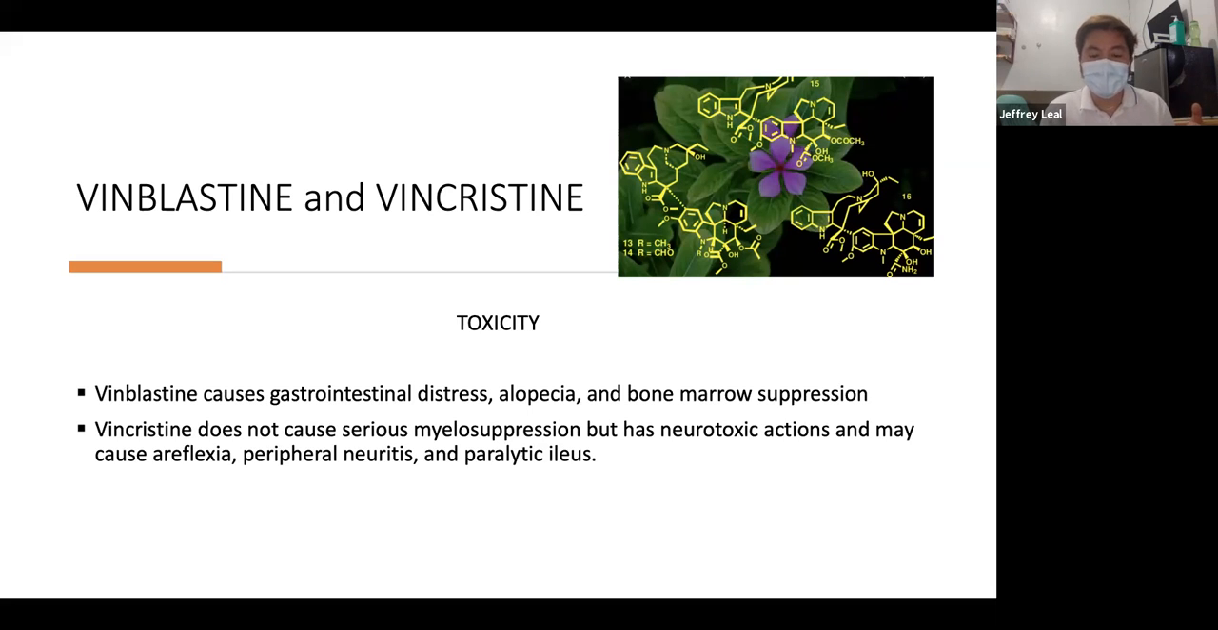While vincristine does not cause serious myelosuppression, it has neurotoxic actions and may cause areflexia, peripheral neuritis, and paralytic